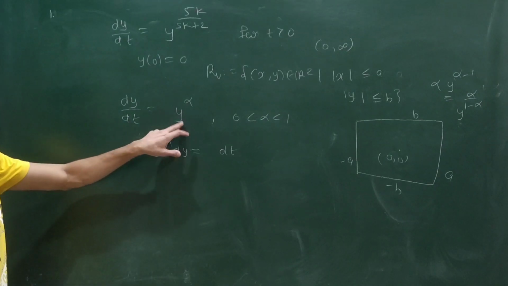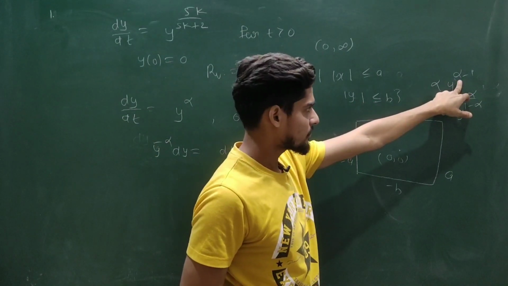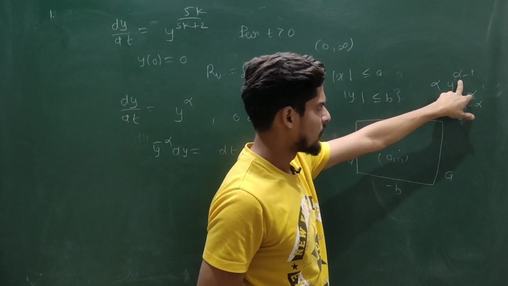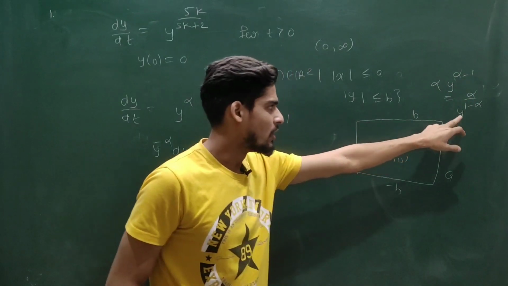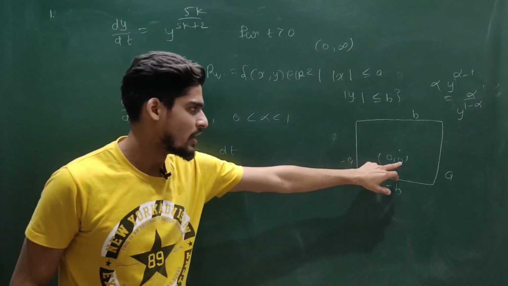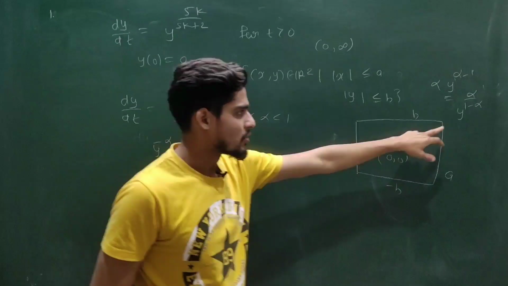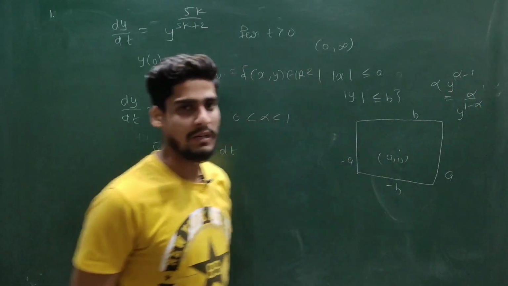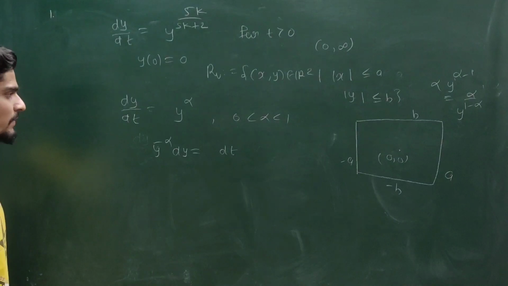So as you go near 0, you treat this as 1 upon 1 minus alpha. As you go near 0 in y, and you can always proceed because your point is 0, 0, so you are in the neighborhood of 0, 0. So as y tends to 0, this quantity becomes unbounded. So this is not Lipschitz, so you cannot give me the guarantee for a unique solution.